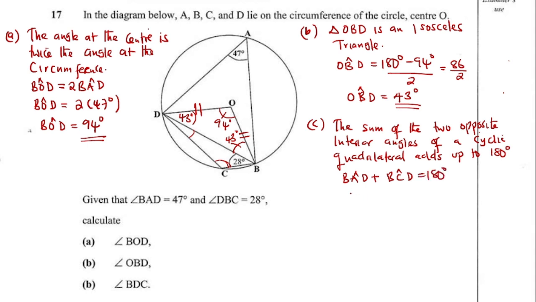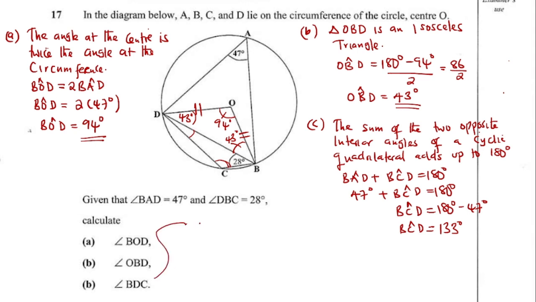So at A there we've got a 47, then BCD will be equal to 180. When the 47 crosses the equal sign, our BCD will be equal to 180 degrees minus 47. So BCD will be equal to 180 minus 47. That one is going to give us 133 degrees. So if I've got a 133 there, we can now find the angle at D. How do we find it? We shall say